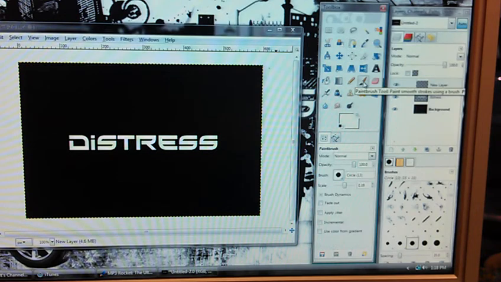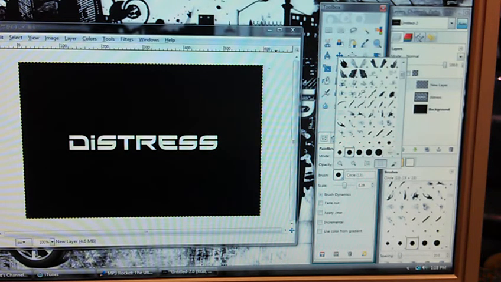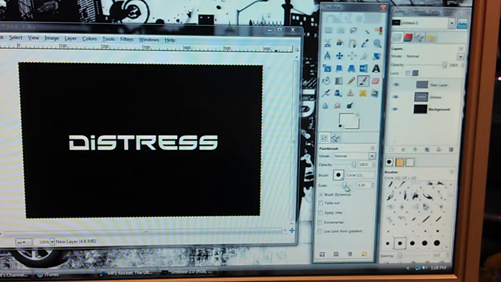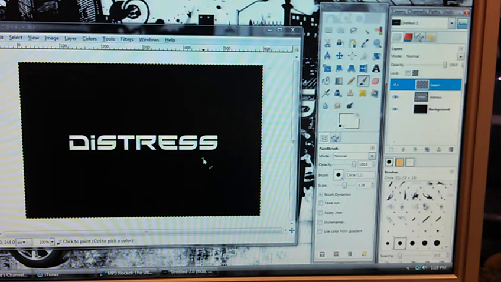No, wait. First, check your brush. Always make sure your brush is on one of these, a little circle one. Either a big one or small one, depending how big you want it or how small you want it. Kind of dirty. Anyways, after that, make sure you have the new layer selected. You can also name it, just so you know what you're doing. Name it beam, and press enter. And after you have that selected,